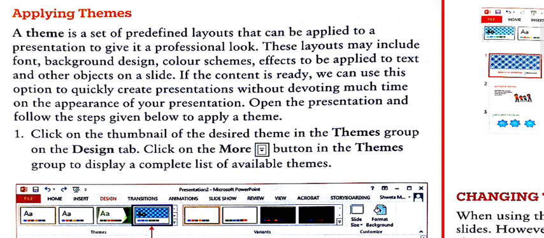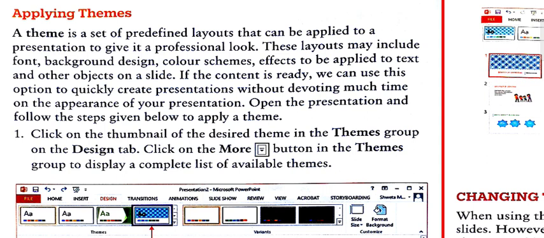So basically applying themes means predefined layouts. That means the slide is already created in the PowerPoint presentation. A theme is a set of predefined layouts that can be applied to a presentation to give it a professional look, and these layouts may include the font, background design, color scheme, and effects to be applied to text and other objects on a slide.